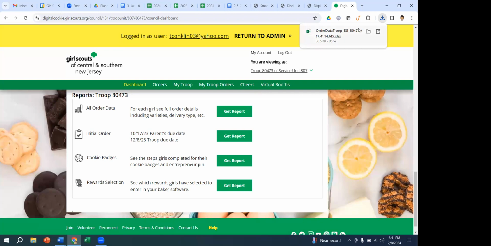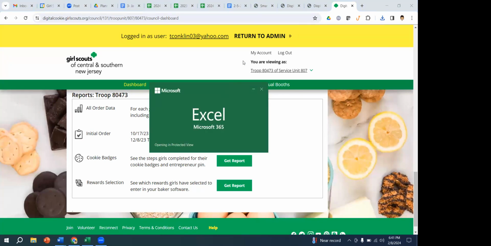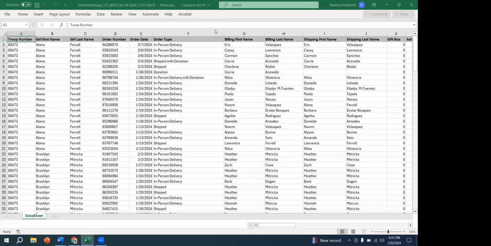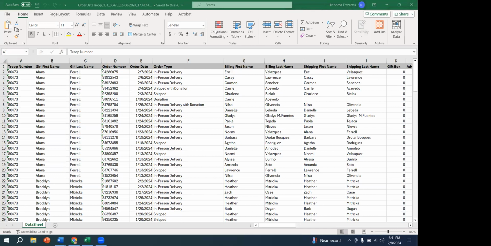So if you run this again tomorrow, and now it's in Excel, so I think I'm going to have to unshare and come back in. Oh no, can you still see? Yeah, we see it. Okay. So you run this report right now, this is showing you all time, but if you run it tomorrow, it will include any orders that have come in since.